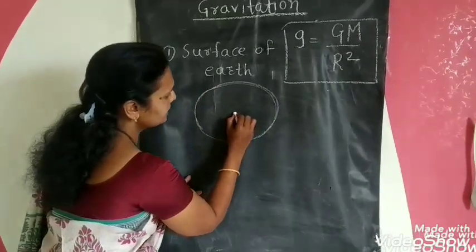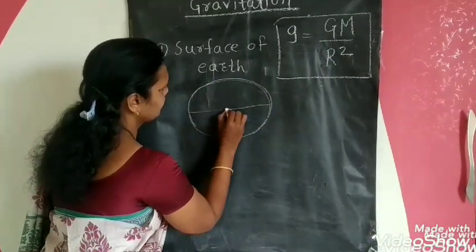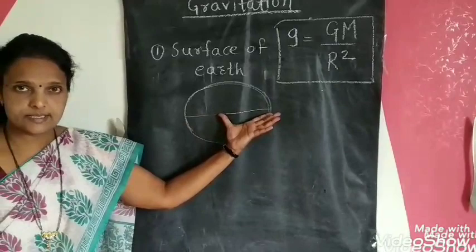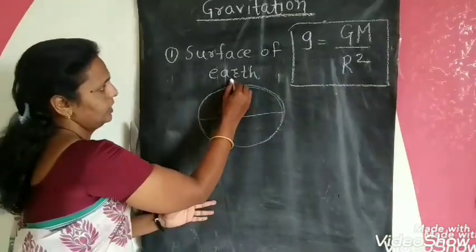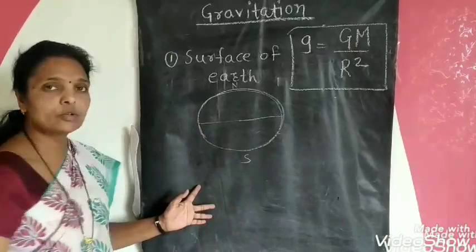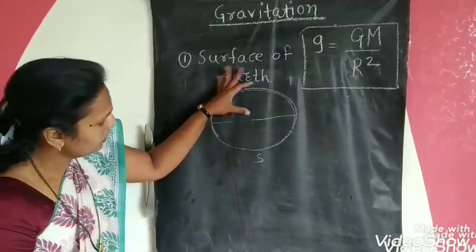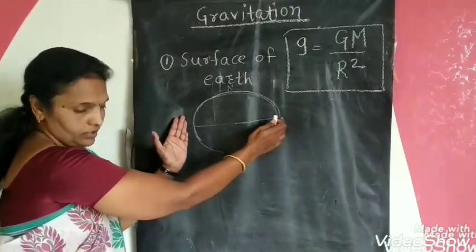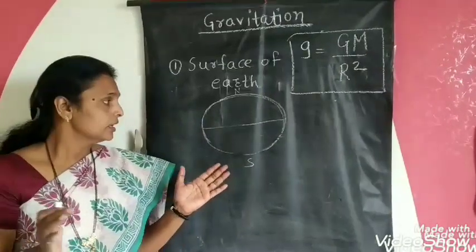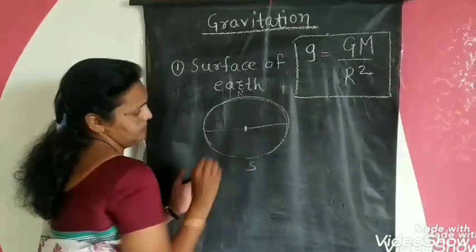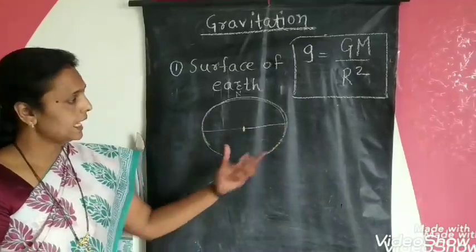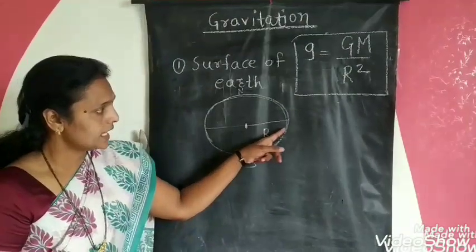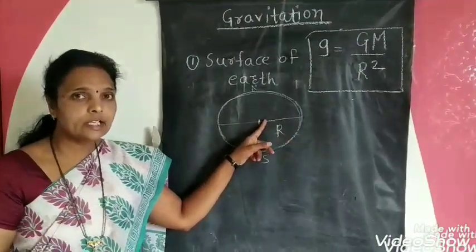Suppose we consider from the center, this is the equator. At the equator, the earth bulges. And here are the north pole and south pole. At the pole, it is somewhat flattened in shape. And here at the equator, it bulges. So if we count the radius of the earth at the equator, it will be more. It means the radius is more at the equator.